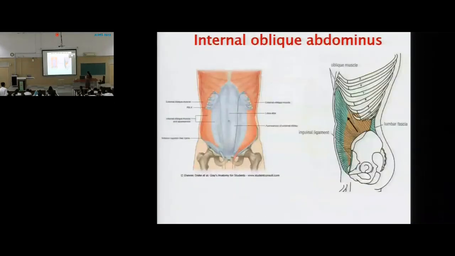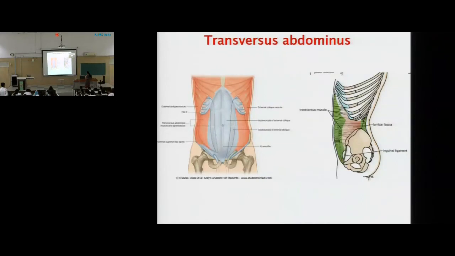ये lateral two-third था? Yes, ये internal oblique का है और सिर्फ इतना होगा, that is the lateral one-third of the inguinal ligament. ठीक है? Again, at the level of linea semilunaris, it is going to become flat aponeurosis, and these fibers are going to be directed horizontally and get inserted onto the xiphoid process, linea alba, pubic symphysis. Clear? Yes.